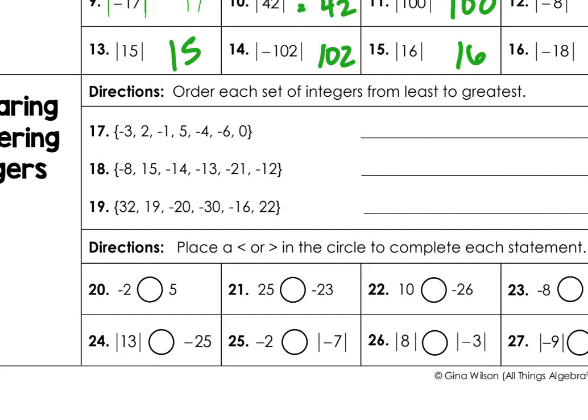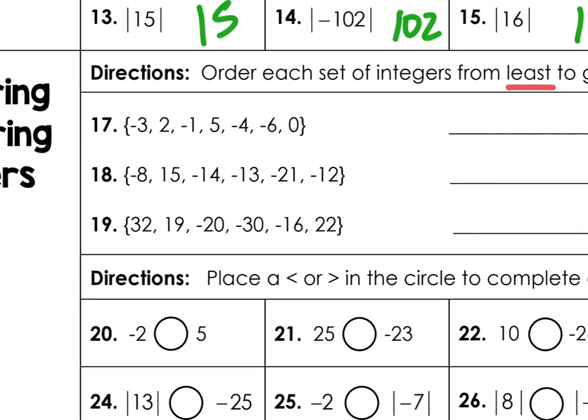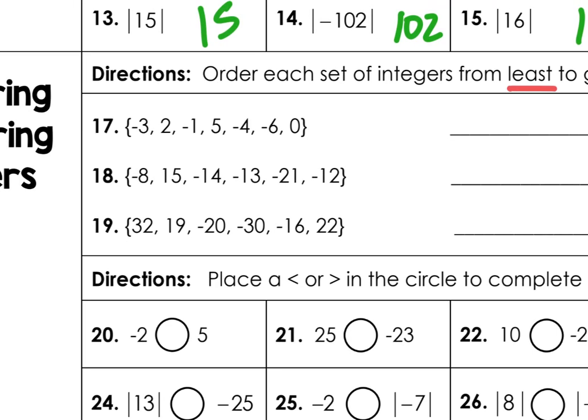It doesn't have anything to do with absolute value. It does have to do with the value because we want the smallest number first. So here's what I'm going to do. I'm going to start reading through these, and I see there's -6. Is there any number smaller than -6 here? I don't think so. So that is the least, and I'm going to cross it off.